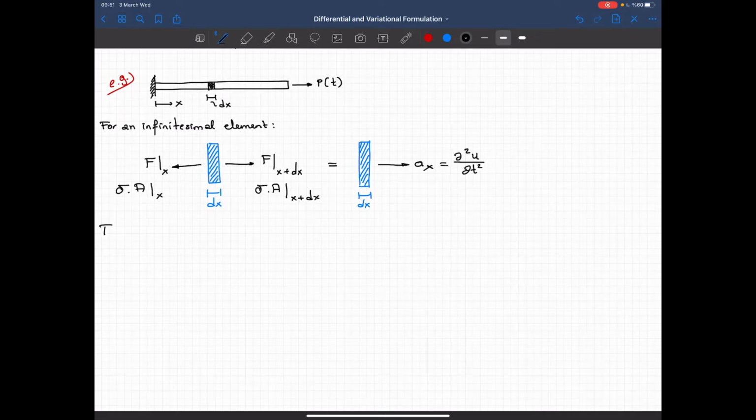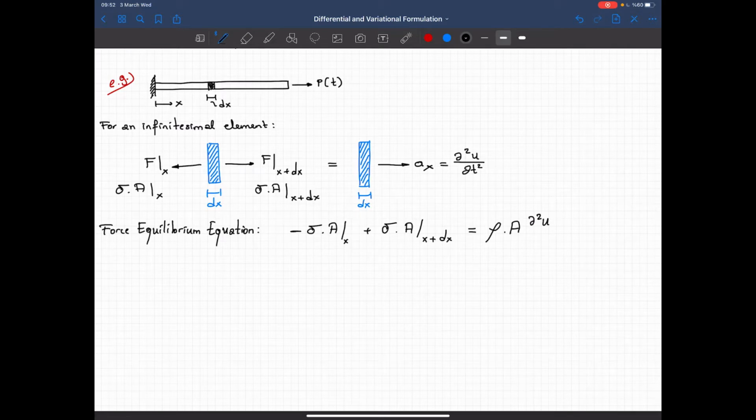So my force equilibrium equation will look like this: minus stress times area at x plus stress times area at x plus dx should be equal to mass times acceleration. I can just write the mass as follows: mass density multiplied by area